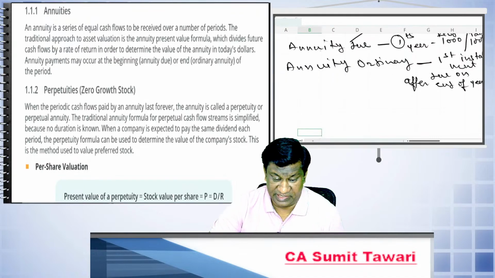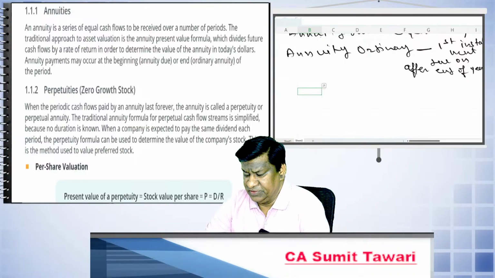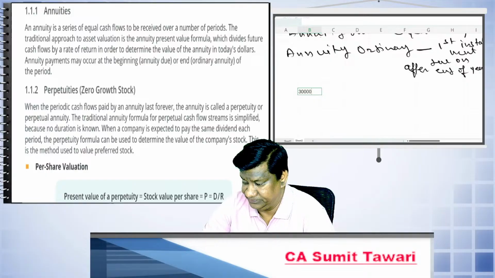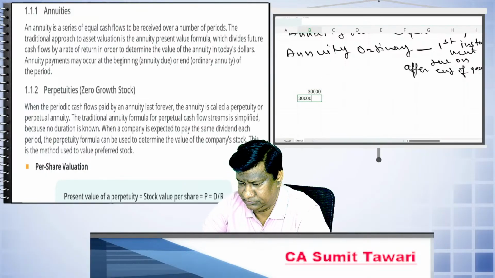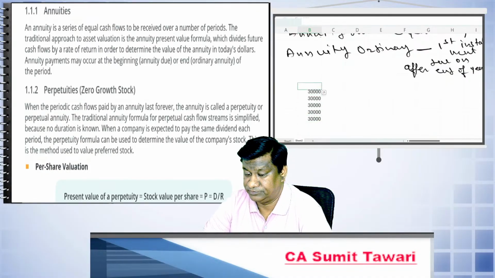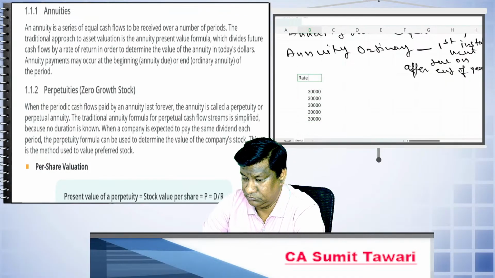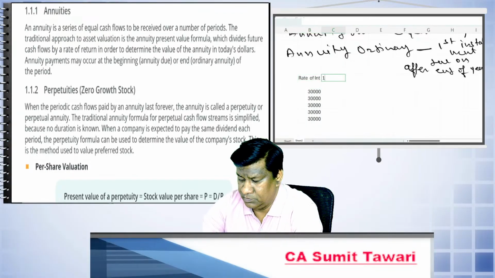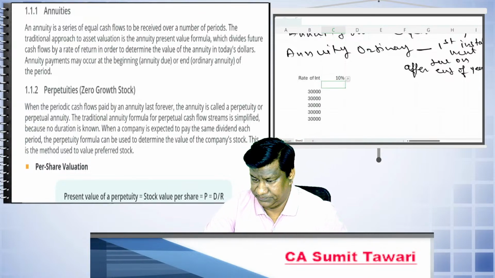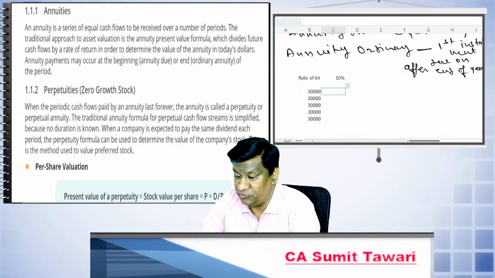Okay, we will take an example. Say you took a loan, and for that you need to pay 30,000 every year. I will take 5 years. Rate of interest is 10%. I hope you are able to see my screen. Okay. So the discounting factor,